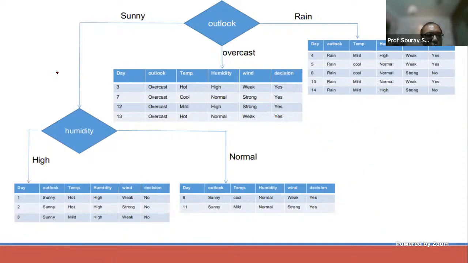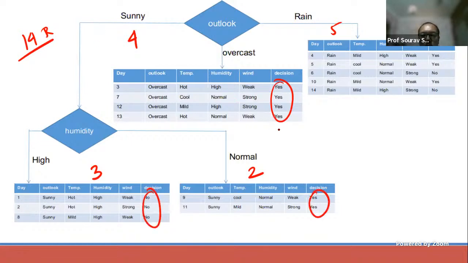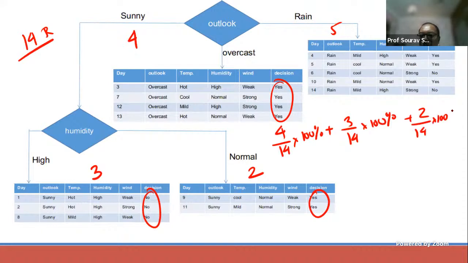So here you see I had 14 records. 4 here, 3 here, 2 here, and 5 here. So here 100%, 100%, 100%. So 4 by 14 into 100% plus 3 by 14 into 100% plus 2 by 14 into 100% plus here 5 records were there, 5 by 14 into, so here 1, 2,